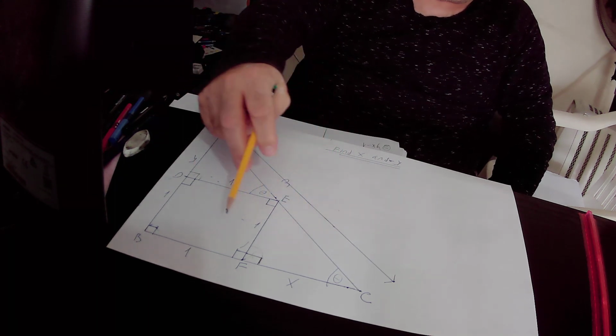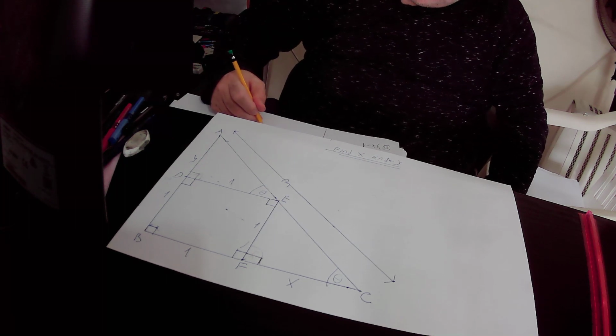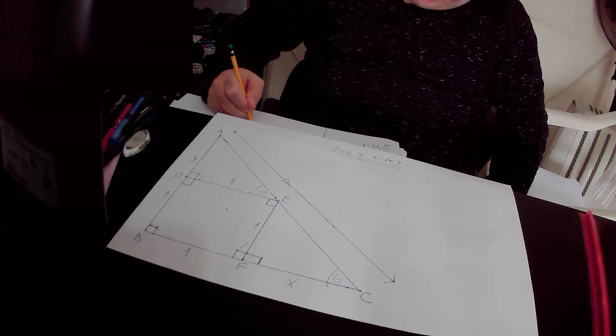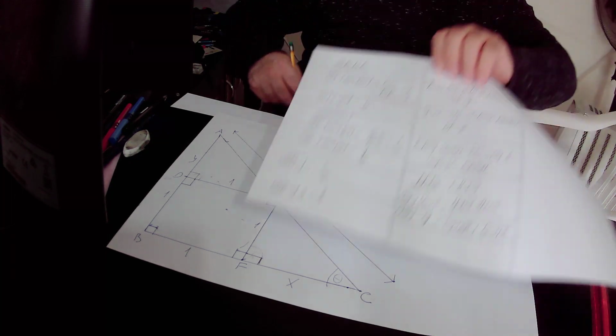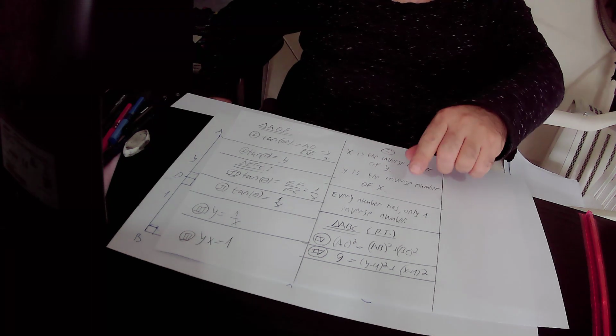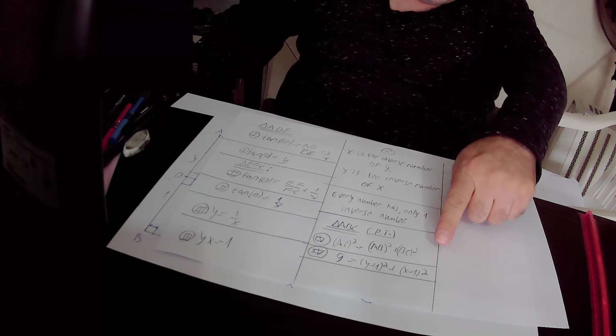BC equals x plus 1, so BC squared will be equal to (x plus 1) squared. So in conclusion, according to equation number 4, 9 equals (y plus 1) squared plus (x